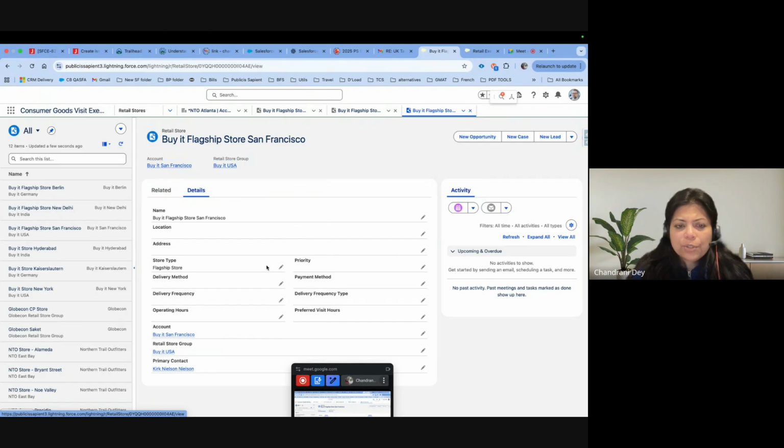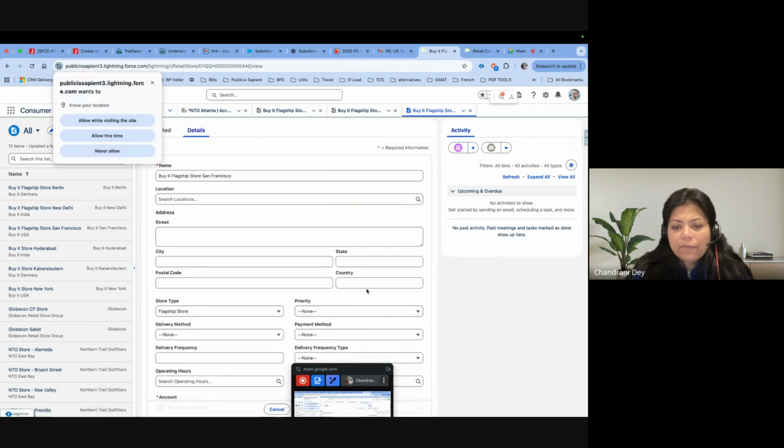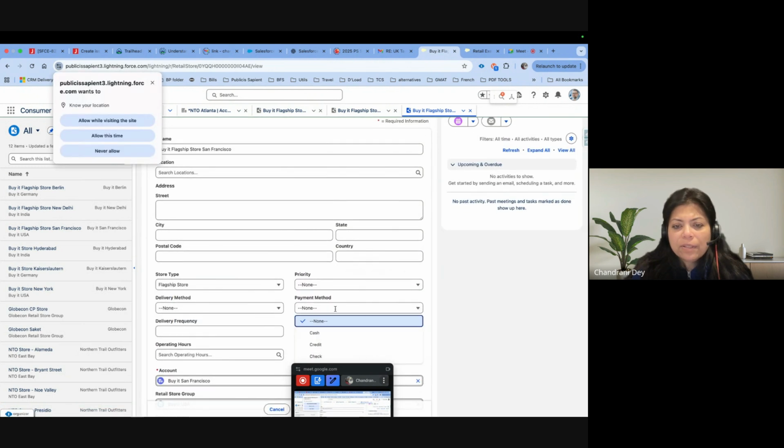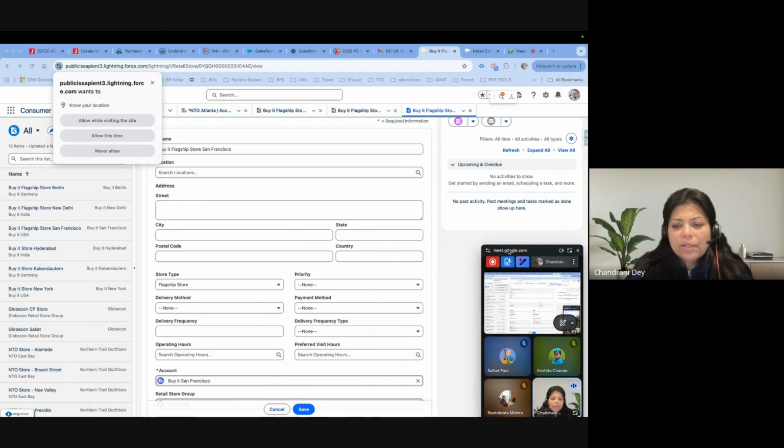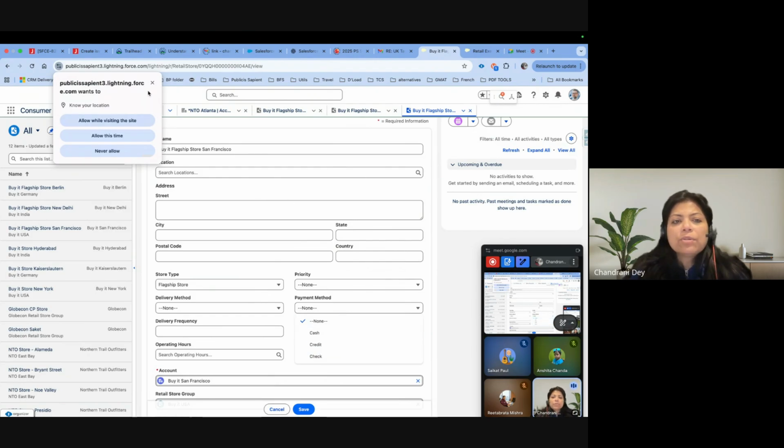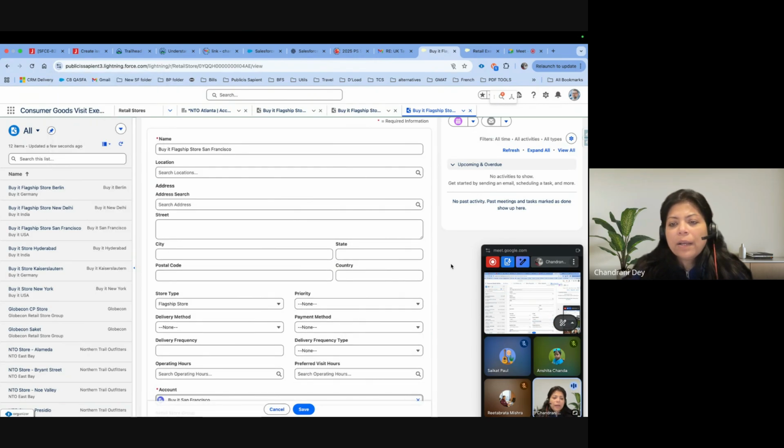data, like the store type, the priority, the payment method. If you see what the payment methods are, maybe this retail store accepts payment only by cash, some accept payment by credit, some by check. So see how many types of data you can store in the CG Cloud, and how complex the operations could be.